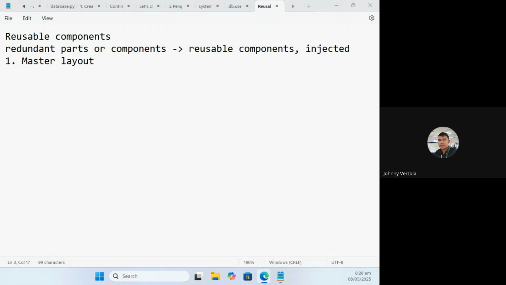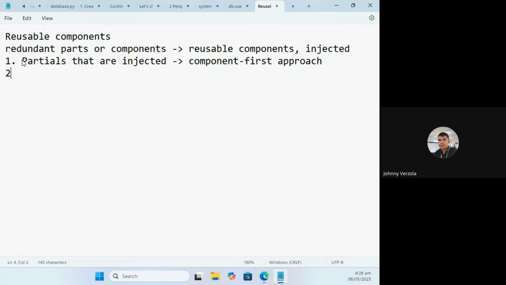What we were talking about yesterday were basically partials or components that are injected. This is basically called the component first approach. We create the component first, and then inject them to the file where they are required.